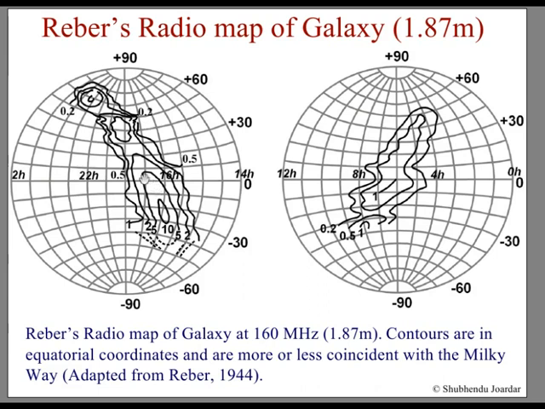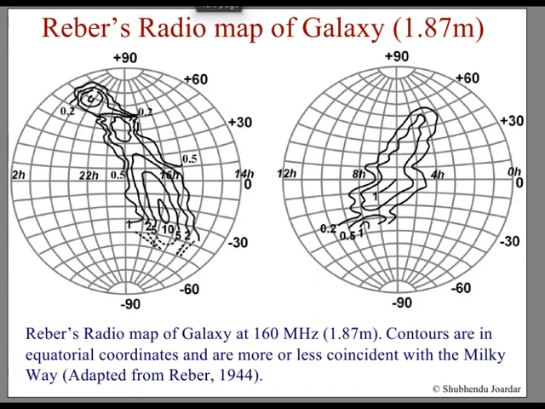So this is the intensity distribution. As you can see, these are contours, and these are the declination. This is the declination angle, and this is the right ascension or hour angle, you can say, and this is the other side of it. So it is from 2 to 14 hours, and this is 12 to 0 hours. You can see that this is our Milky Way galaxy, our own galaxy, having a different distribution of radio